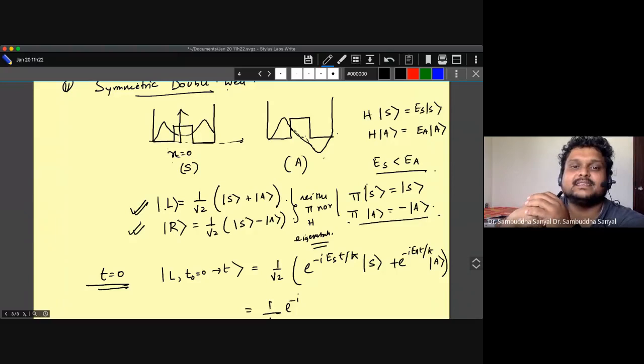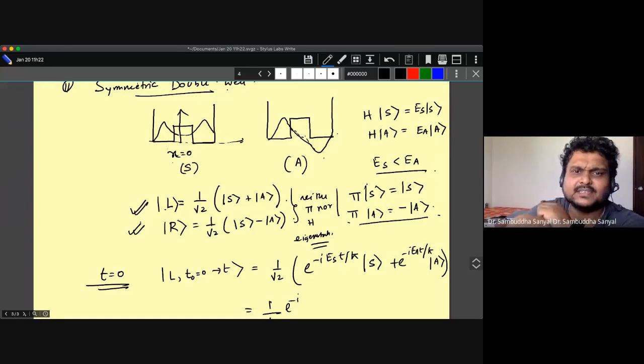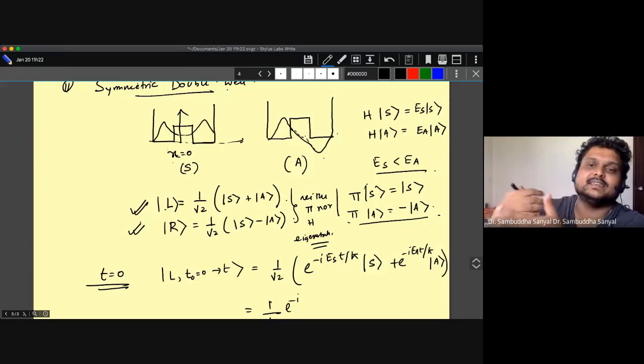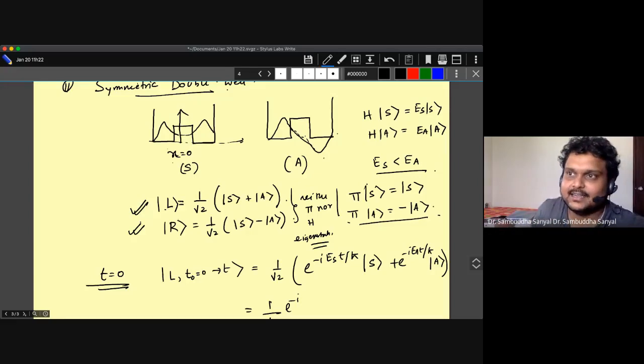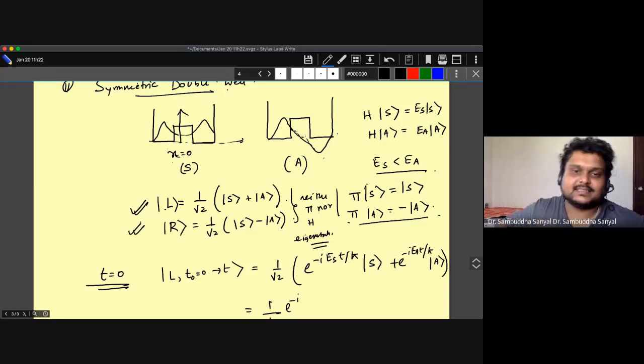This is a typical example problem we studied in the last semester, in exams and everywhere. If the state is a Hamiltonian eigenstate, then the system will be in that state forever. That's what we call stationary states, right? But if the state is not a Hamiltonian eigenstate, the system will oscillate between this L and R or other states. So that's the exercise we are going to do, and that is why we constructed this system.